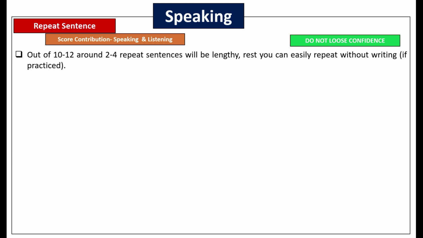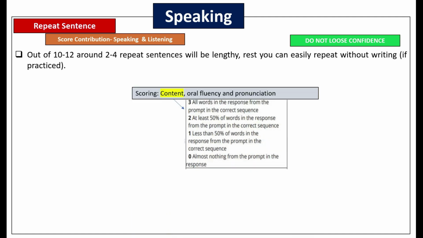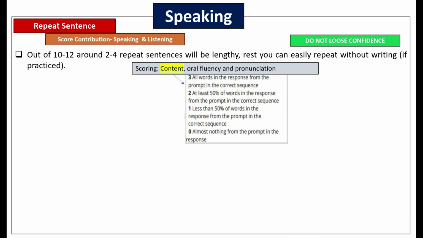Let's talk about scoring. As per the PTE guidelines, repeat sentence is scored for content, oral fluency and pronunciation. Oral fluency and pronunciation come in the speaking score, and that is clear, right? You have to make sure you are fluent enough and you are pronouncing the correct words. Let's talk about content. If you are able to repeat all words 100%, then 3